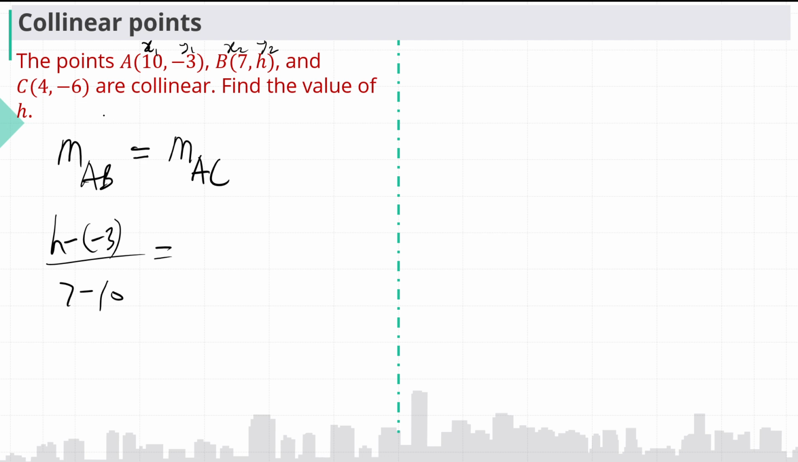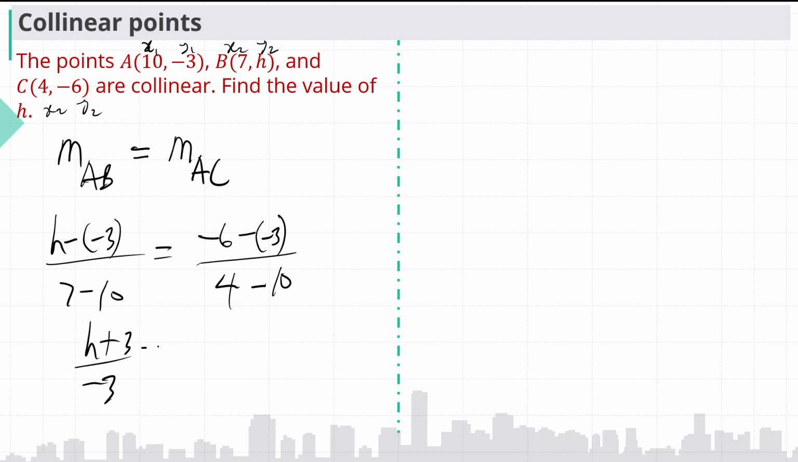Now right hand side, we are using the 2 points A and C. The point A is x1, y1, so let the point C be x2, y2. So we get minus 6 minus minus 3 divided by 4 minus 10. Now left hand side gives us h plus 3 divided by minus 3 equals minus 6 plus 3 gives you minus 3 divided by minus 6,